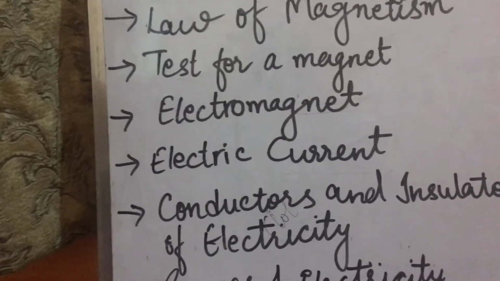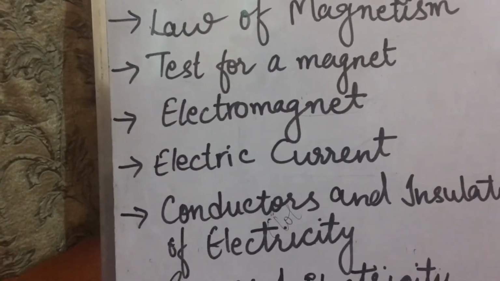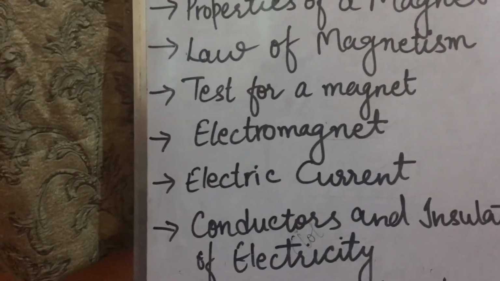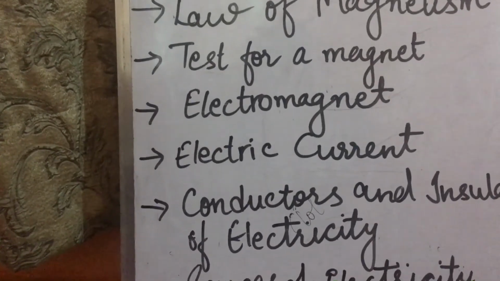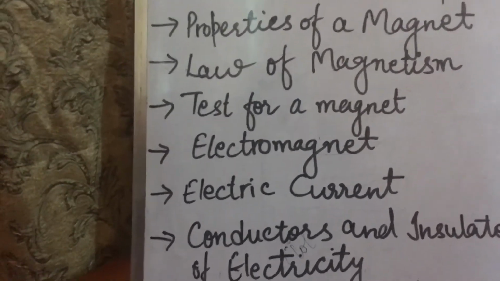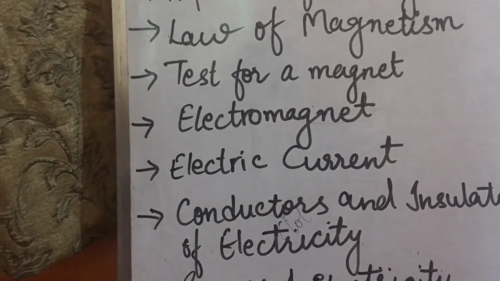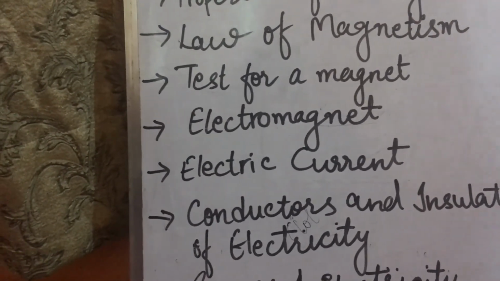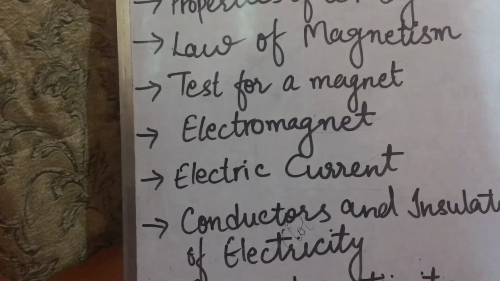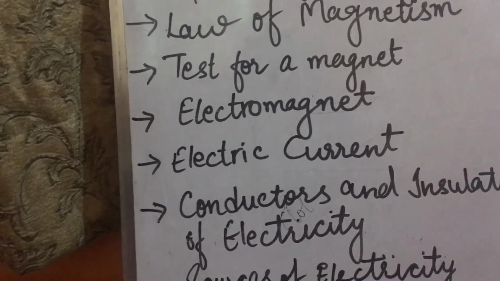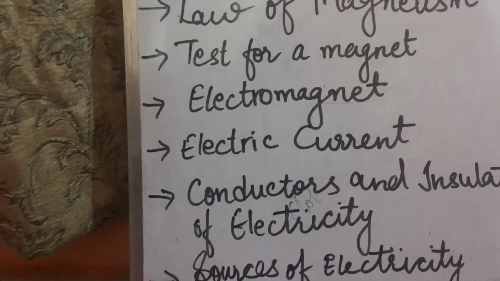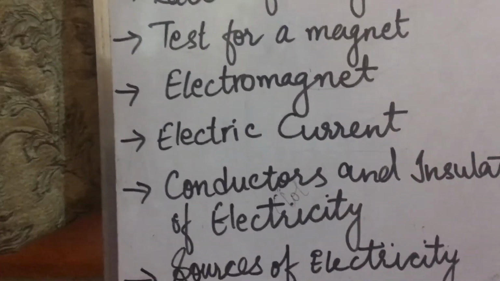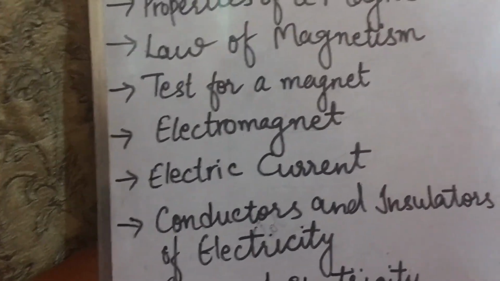Secondary cells, what are secondary cells? A secondary cell is one which can be used again and again by recharging. For example, you might have seen the battery which is used in mobile phones. What happens when it is completely discharged? Will you throw that? No, we do not throw. What we do, we recharge it and we use that again. The battery of an inverter, the battery of a car, all are examples of secondary cells.